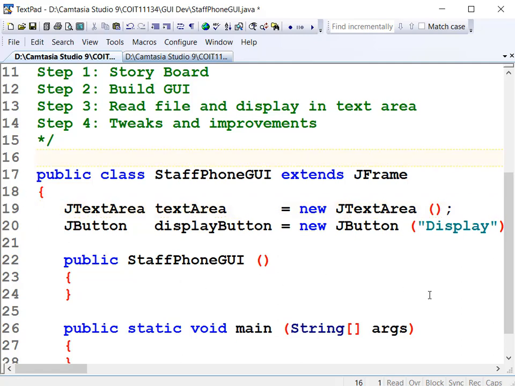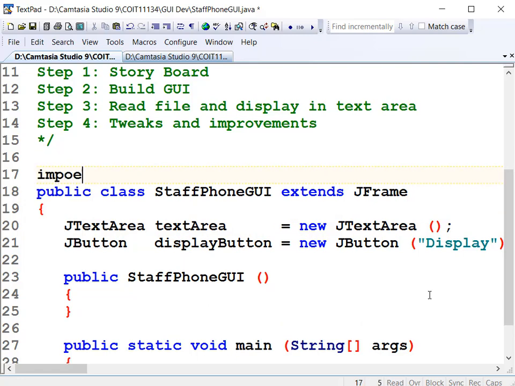We need some imports. And I'm just going to keep things simple for the purpose of the video. I like naming all the imports individually, but I'll use asterisk because we want to keep it short. So import javax.swing.*